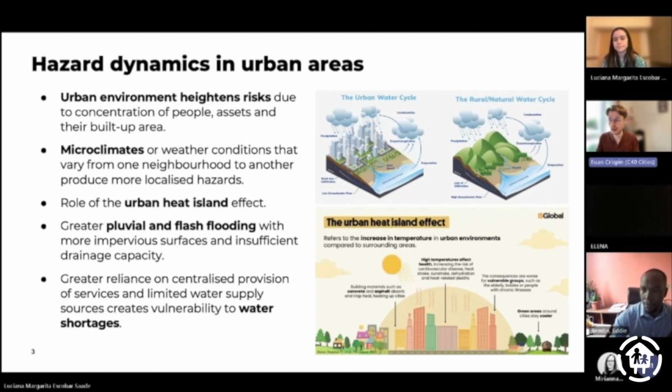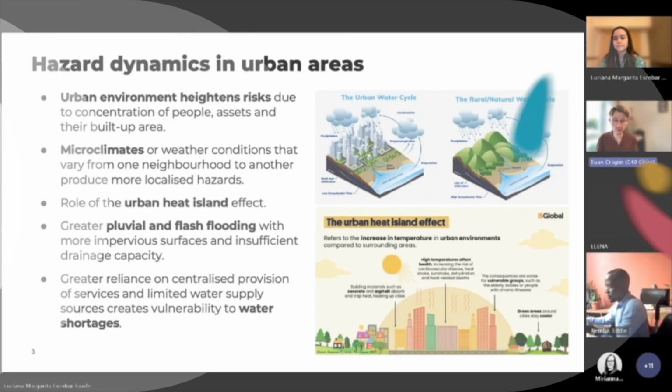And I think in general, all of this means, as I've said already, that city level forecasts from national meteorological agencies are not always as relevant, and everything becomes more accelerated in this context. So being able to give as much warning time as possible is critical, but also a very hard thing to do given all of the different dynamics.